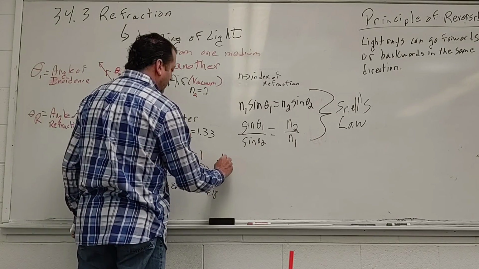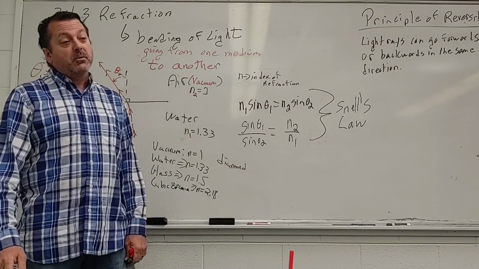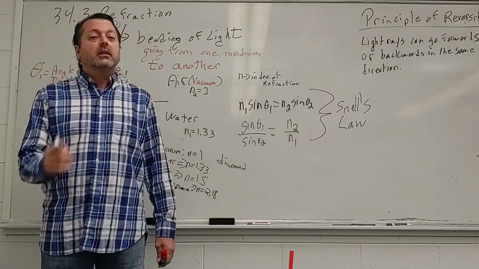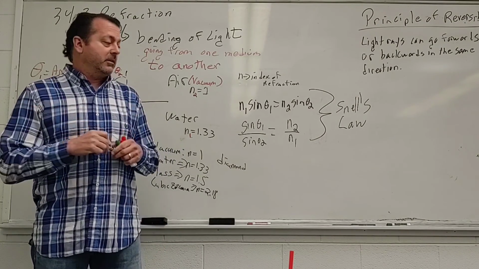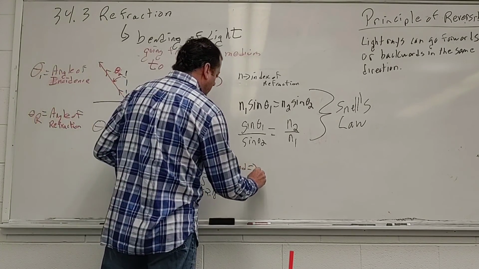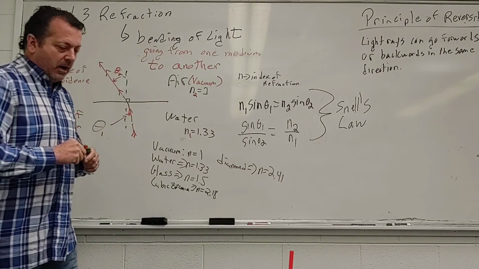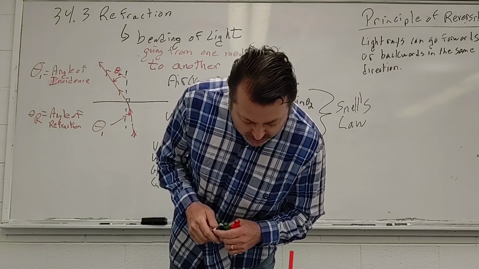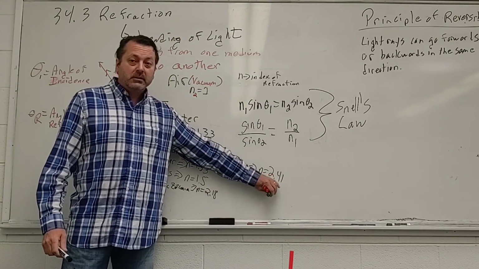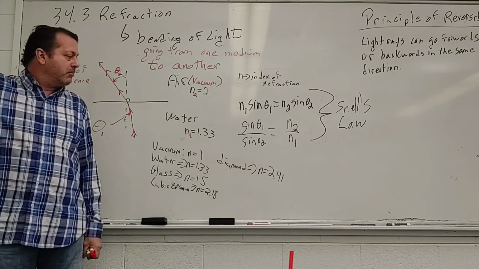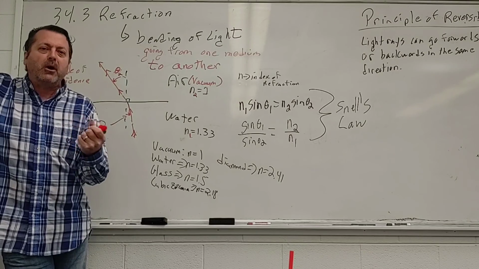While a diamond, and we all know, guys, remember this, don't go cheap. Diamonds are a girl's best friend, not you. So, diamonds have an n of 2.41. They bend light even more. And for most naturally occurring objects that we can see through, that's about more than about anything. Diamonds are. And that's the reason a diamond sparkles like it does.